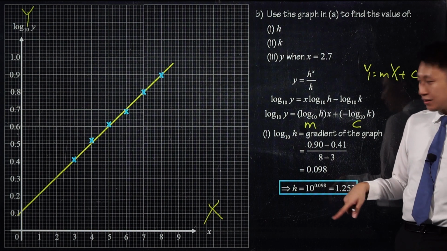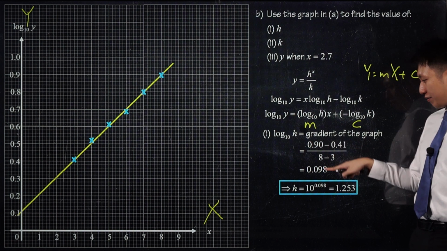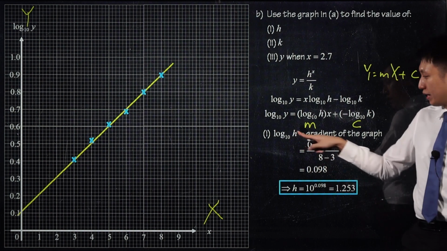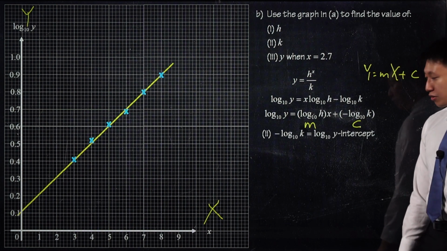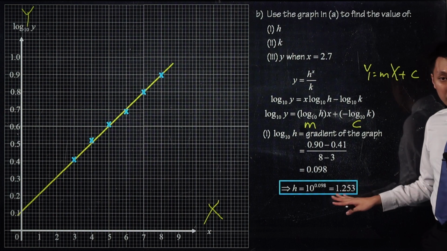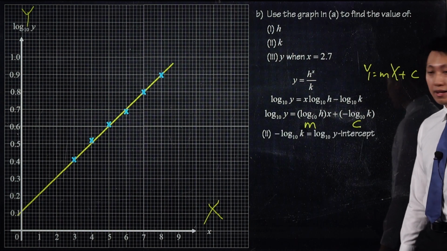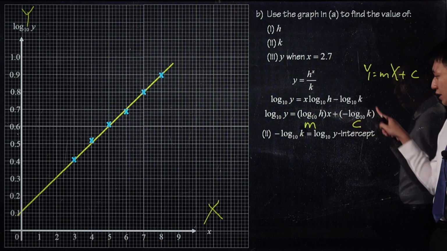You know how you get this? Log 10 h is equal to this thing. So 10 to the power of this one will be h. Okay, 10 to the power 0.098 will be h. Okay, then next. You're fine with this one, right? Okay, so now next for k, we notice that this thing over here is c,